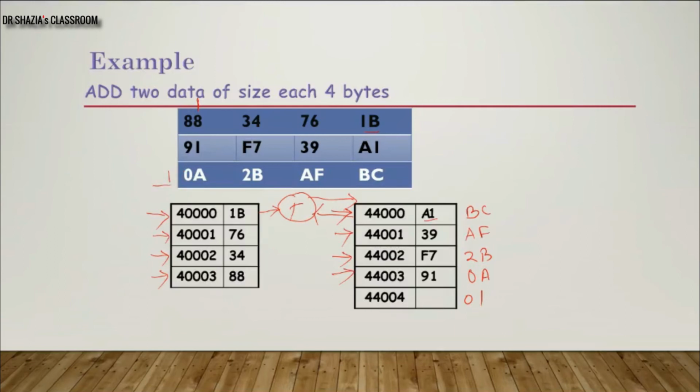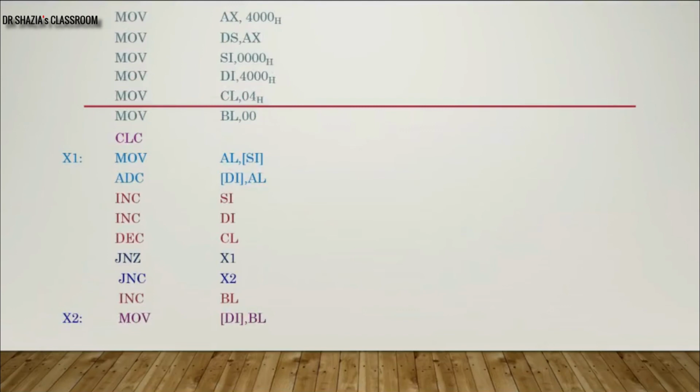So to store this, I need an extra memory location. So we are storing it first into the BL register. From the BL register to the memory location we will transfer. So if any end carry is generated, it will be stored in the BL register.